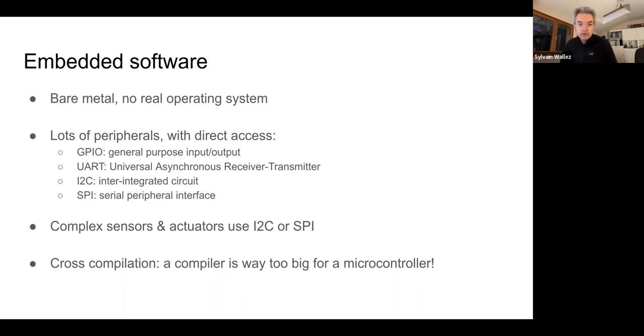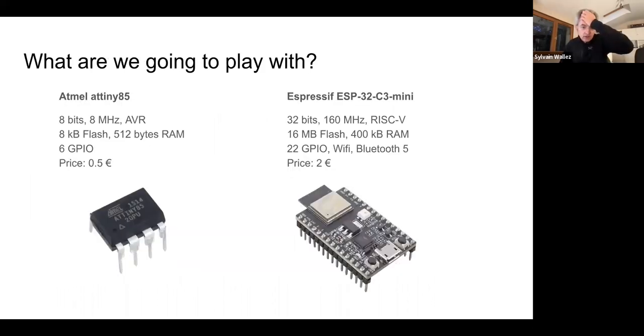Another interesting thing in Rust is that it can very easily do cross compilation. So I told you the size of my small microcontroller. There is no way I could run the Rust compiler on that thing. So I have to build the executable with cross compilation. So today we are going to play with two little things that I briefly showed you. So the first one is the